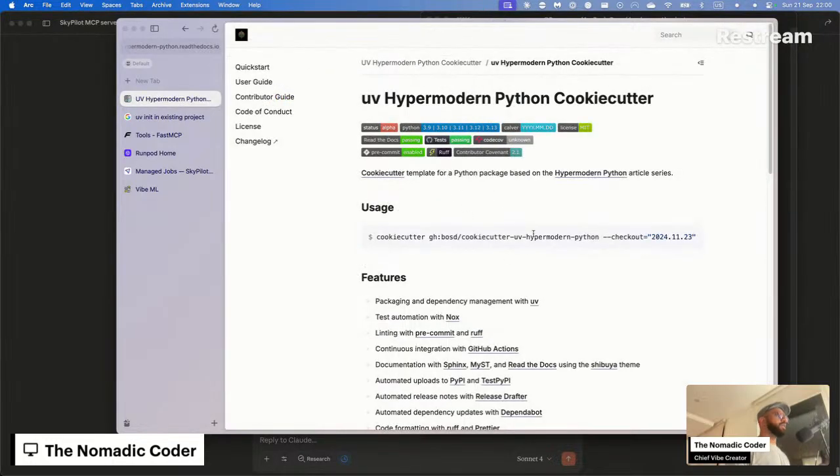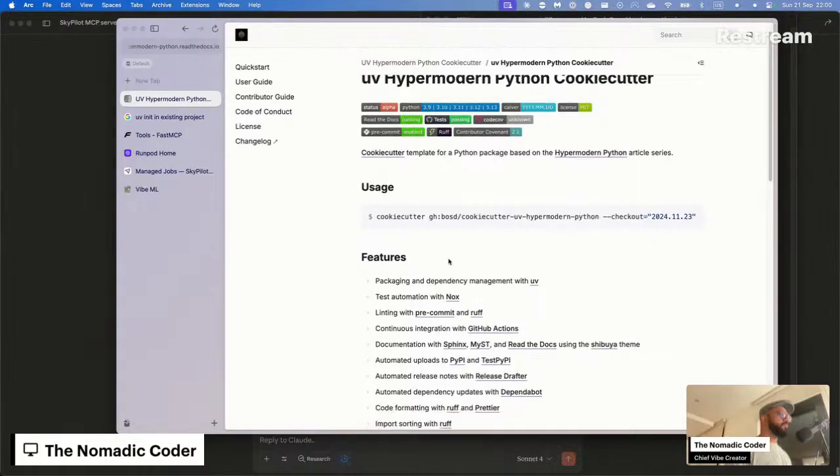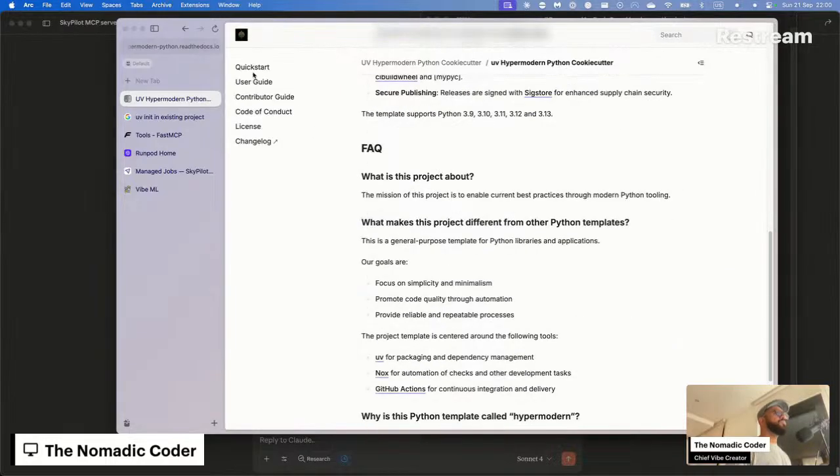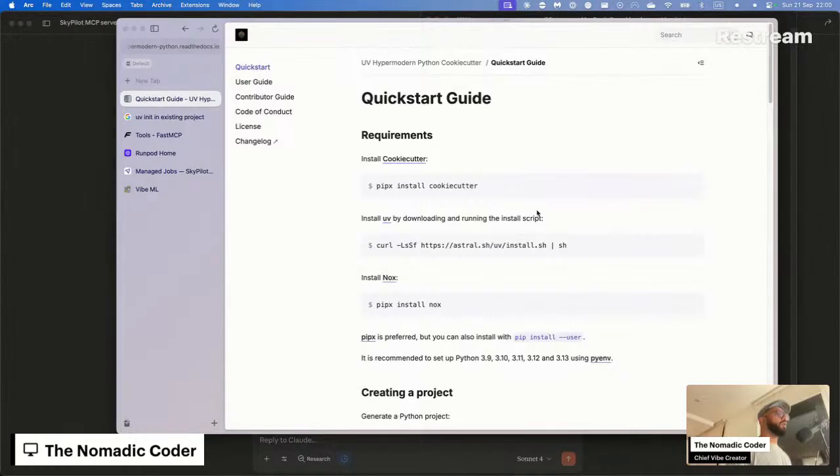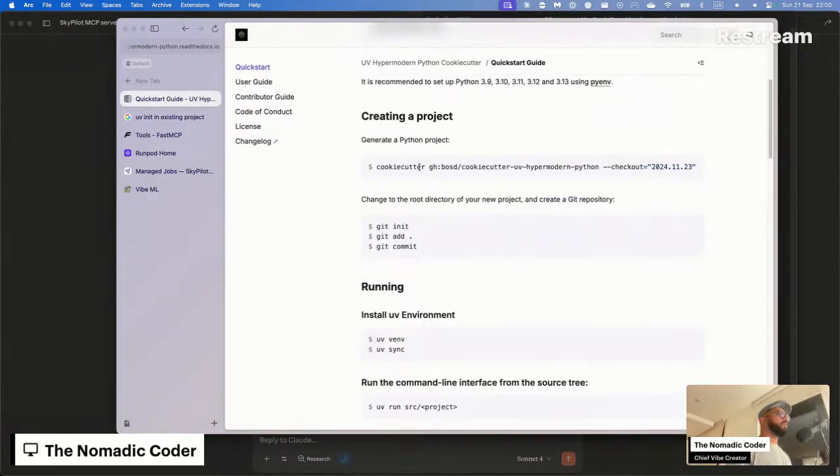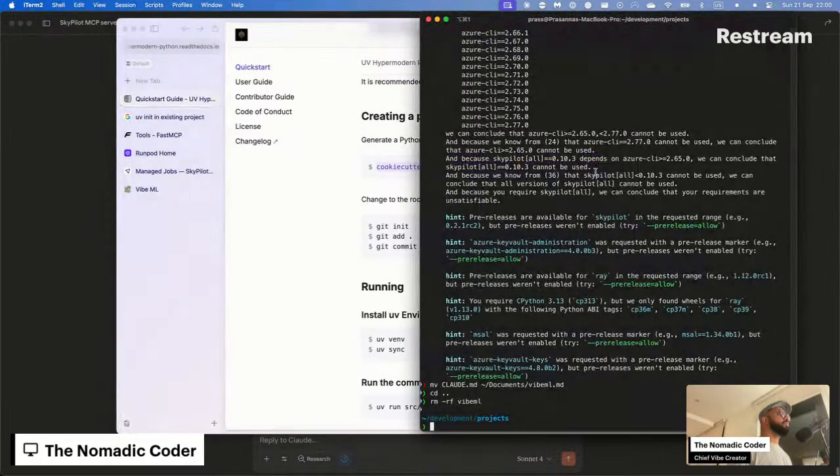Yeah, let me go with the hypermodern one. I think that's the one I want to do. Quick start. Cookiecutter. VibeML.